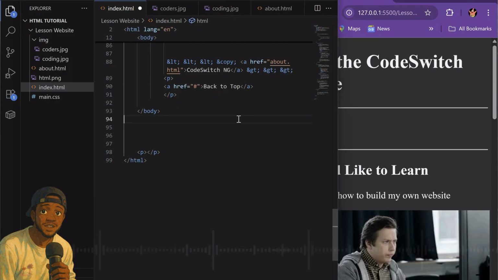The next thing where we go take a look at na wetin we dey call semantic tags. I don't mention semantic tags to you briefly before. Semantic tags na tags where we say, you know, they don't really give any style or direct outline to our website, but they just help structure our page, divide am into sections, and also give meaning to the code so that the computer and the browser go